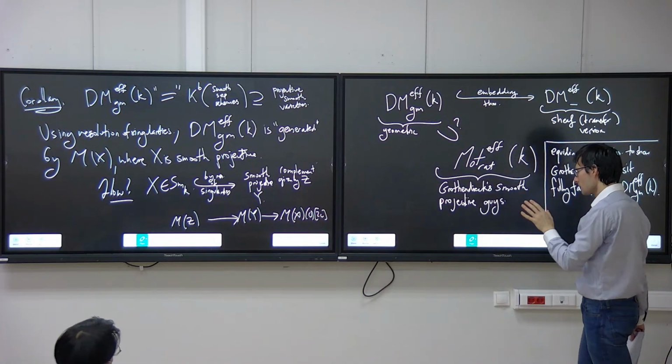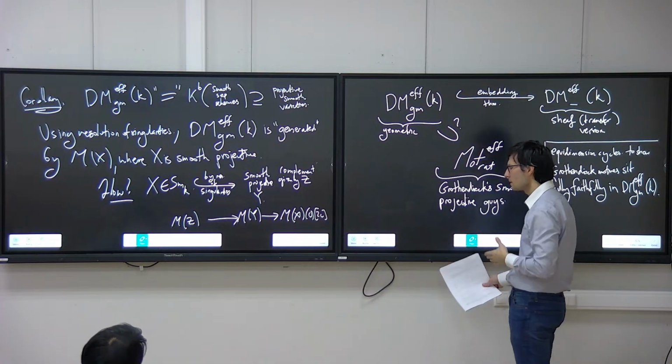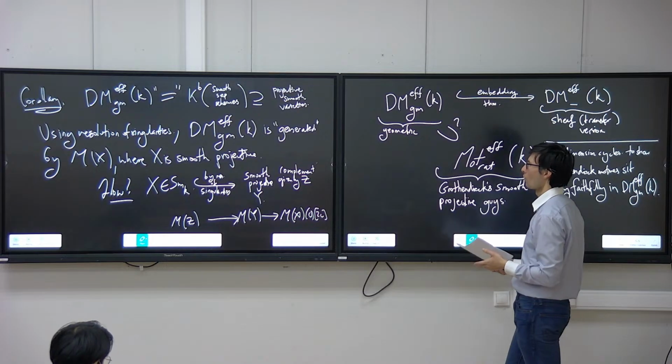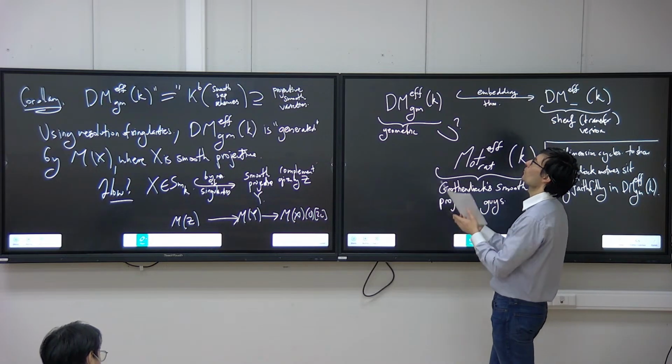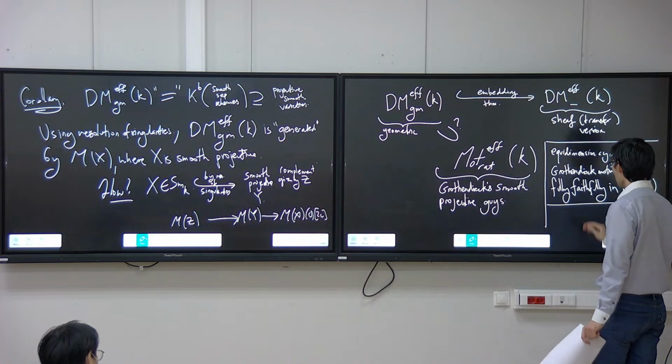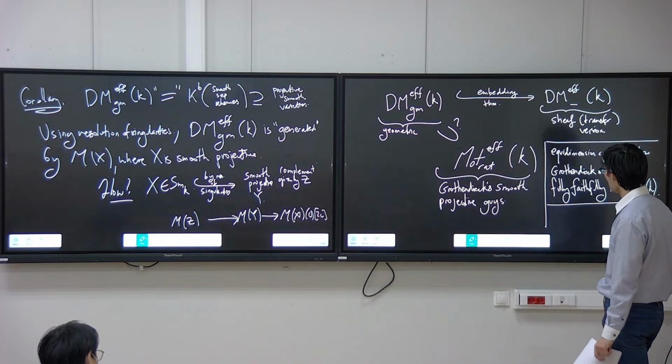And homomorphism sets in the derived setting are basically some higher Ext or some cohomology that's called motivic cohomology. So before we get there, we need to look at